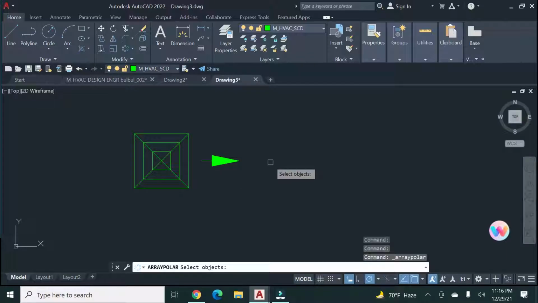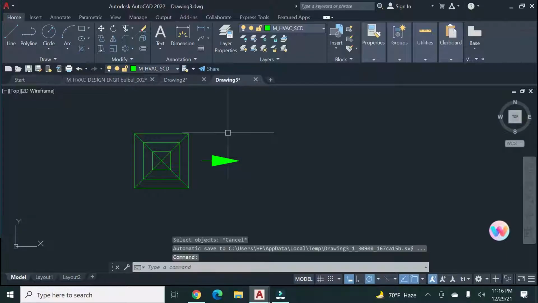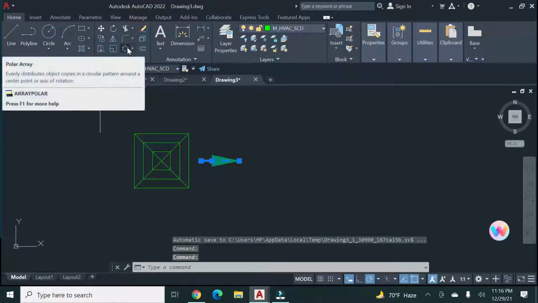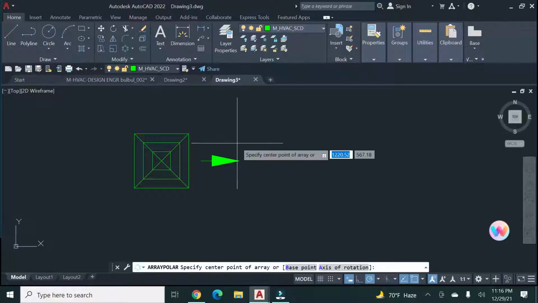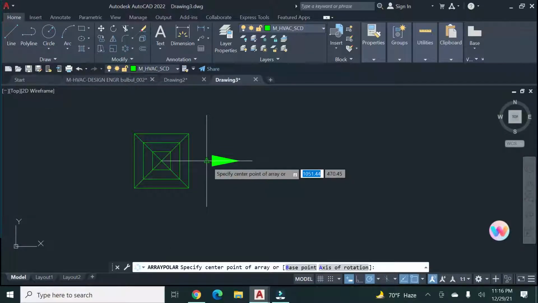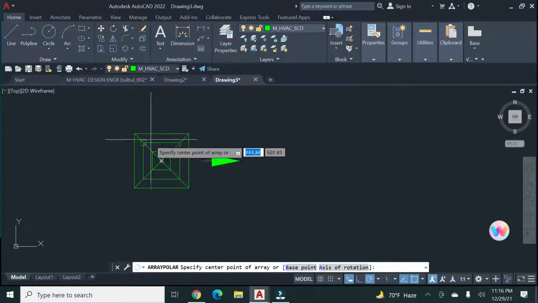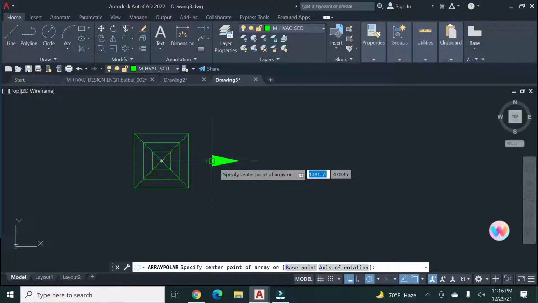Before taking that, you need to copy the arrow. Okay, I copy that, then I take the array command. Now you select the center point: specify center point of array. Where will the array center point be?